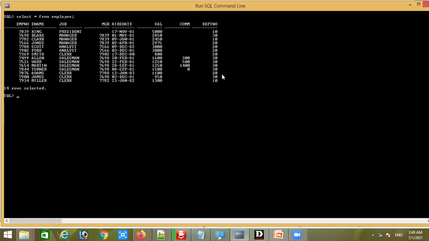Okay, so I want to fetch, or see, how many employees are there in department number 10. Okay, so how can I write the SQL statement for that? Let's say in your project, whenever you are going to work on a project based on the Oracle platform, there may already be existing data, and your boss is saying that